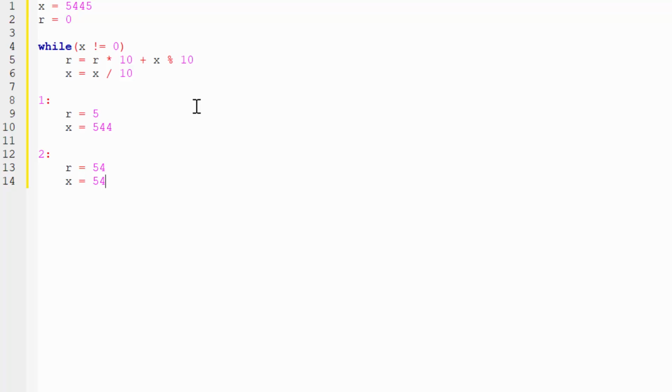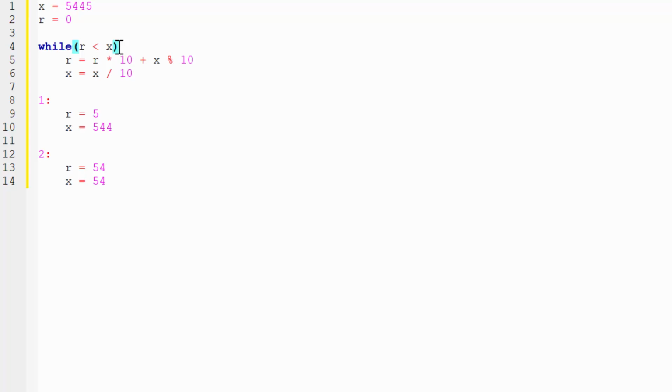So you see that when we moved half of the digits from x to r, x and r are now actually equal. So maybe we can run our loop while x and r are not equal. So we're going to change our condition to while r is smaller than x. When r is 0, we perform our loop iteration. When it's 5, we perform our loop iteration. But when r is equal to 54, which is equal to x, 54, we're going to stop, because now we know that our numbers are equal and x is a palindrome.